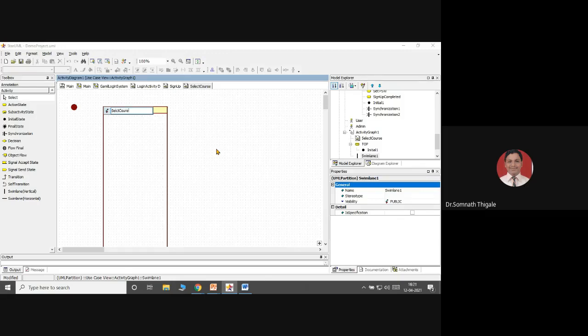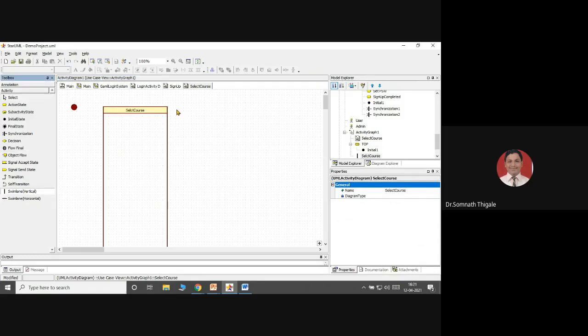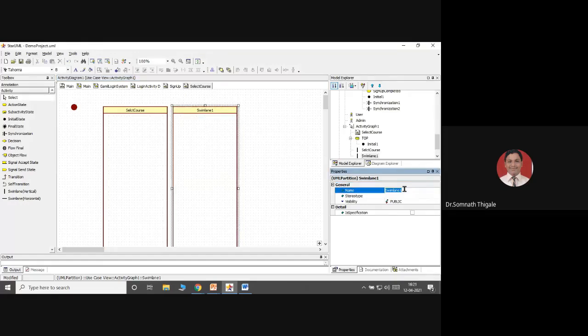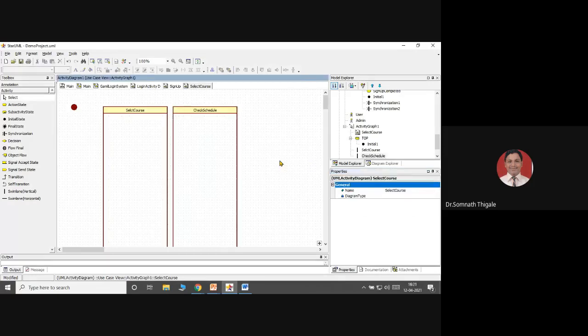Now while selecting the course, I need to check the schedule also. So I am adding an OR condition, one more condition here: check schedule also. Now why am I selecting this check schedule?